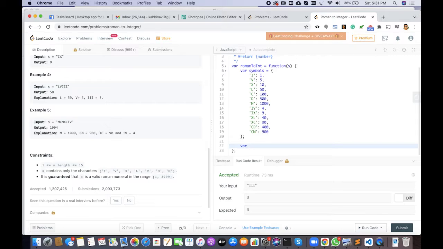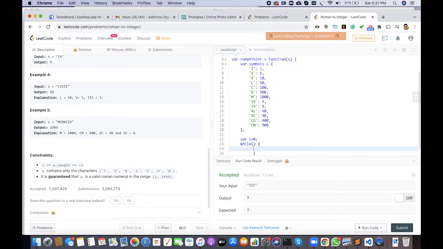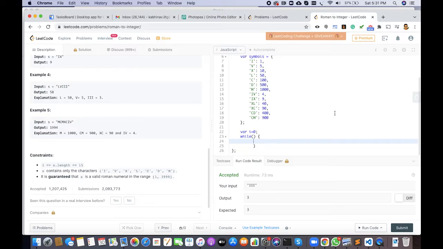We'll do something like this, where i equal to 0, we'll run a while loop instead of a for loop, while i is less than s.length, and we will do something like this.